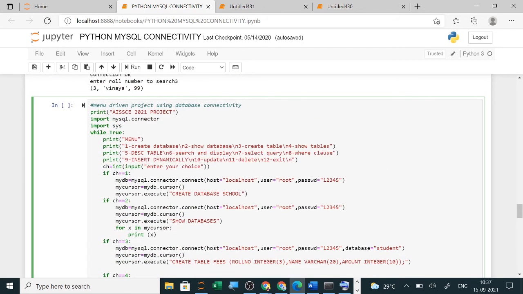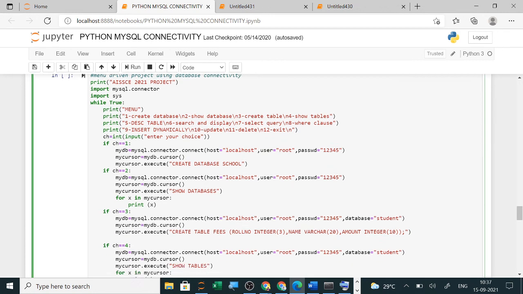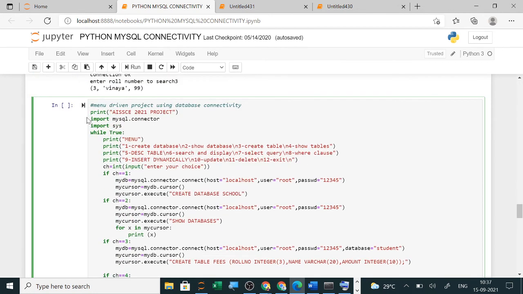So here the project will be any name you can give the project name. Only what you have to do, once you have to write import mysql.connector. Then in while true you will show the menu. Then you will ask the choice. Inside the choice, these 3 lines, connect cursor execute, I have copied pasted inside every choice.